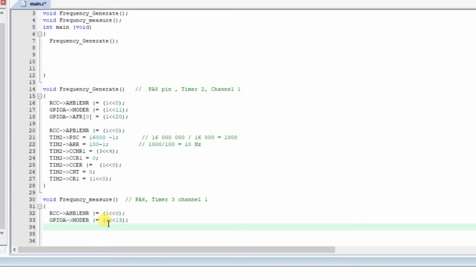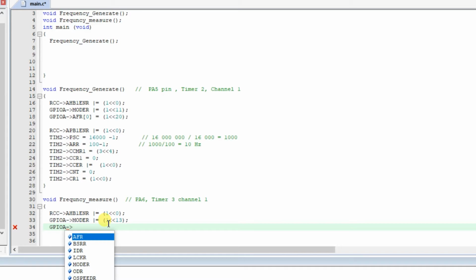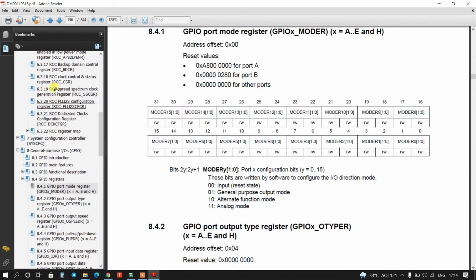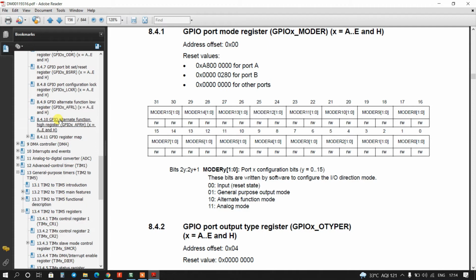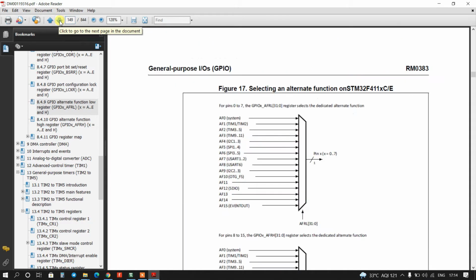And we will go to the AFR registers, GPIOA AFR. It will be index 0 because it is the alternate function low register. So we will go to the AFR register. Okay, first of all we have to know whether this is AF2 or AF1. So again go to page 149. Here, because I am using Timer 3, it will be AF2.